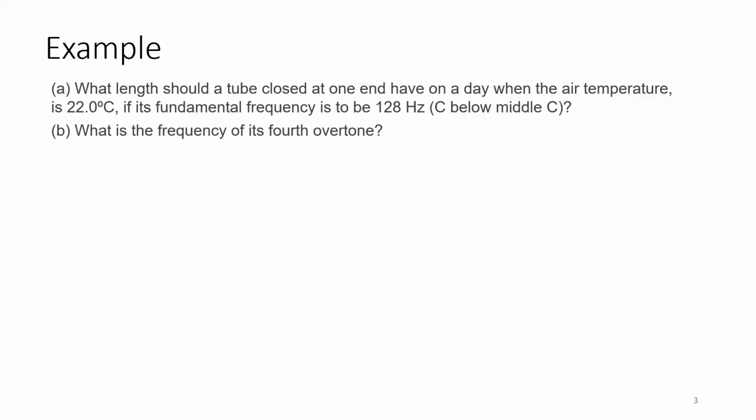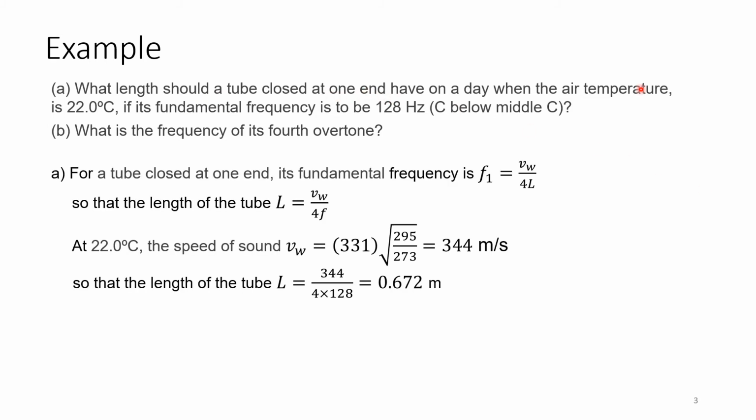Let's look at this example together. In the question, it says it's for a tube closed at one end, so we have the fundamental frequency f1 equals the speed of sound over 4L, and the length of the tube is the speed of sound over 4f. Since we have 22 degrees Celsius, the speed of sound is 331 times the square root of T, which is 295 Kelvin,